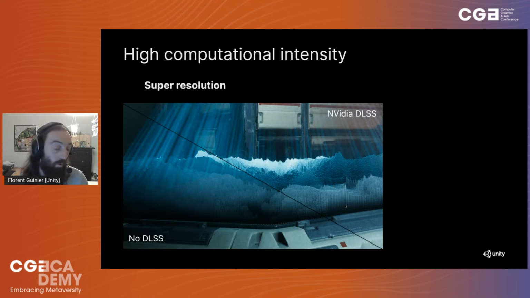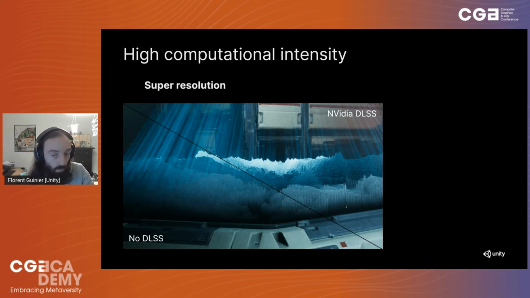So one way is to render fewer pixels and try to extrapolate the result. There are traditional algorithms that do that pretty well. However, lately, some techniques based on deep learning have shown that they can actually be better than those more traditional techniques. NVIDIA DLSS is one of them.